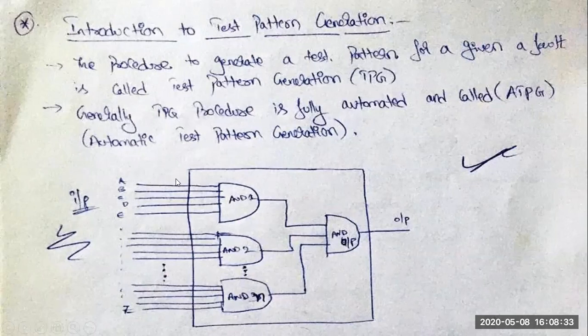So if I treat A as faulty, stuck at 0 or stuck at 1, then within this test vector input, I have a fault at the A input, stuck at 0, and it is going to drive a faulty output at the output side. So the test pattern is to be detected, and we are going to define it as a test pattern generator. We have a test pattern with a generator.